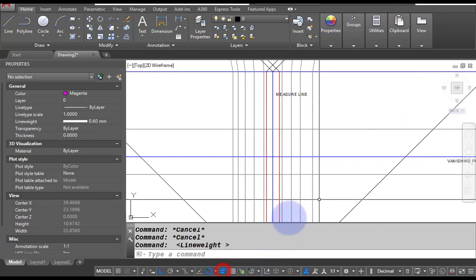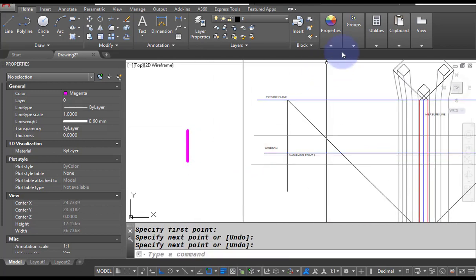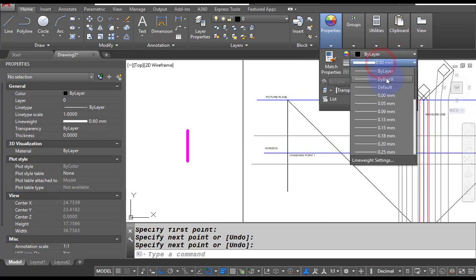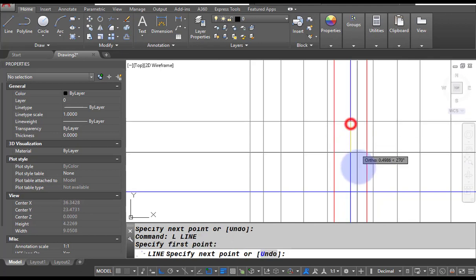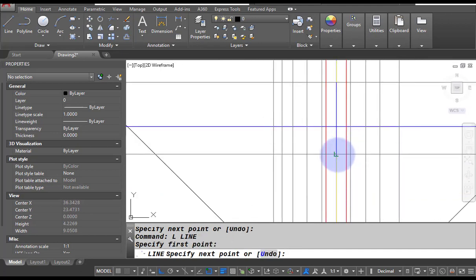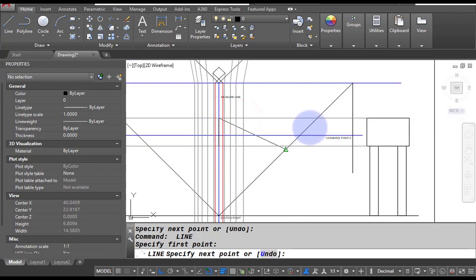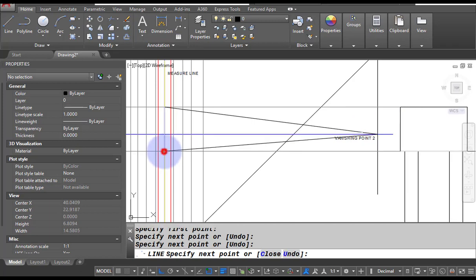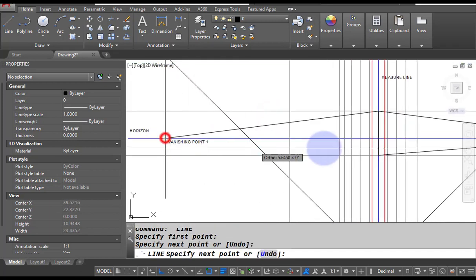I turn on the line width and I draw one reference line here. Now I am going to draw one line from this corner to this corner, and then take the projections, connecting all these points to the vanishing point. Similarly, I am also going to connect this point to the vanishing point.